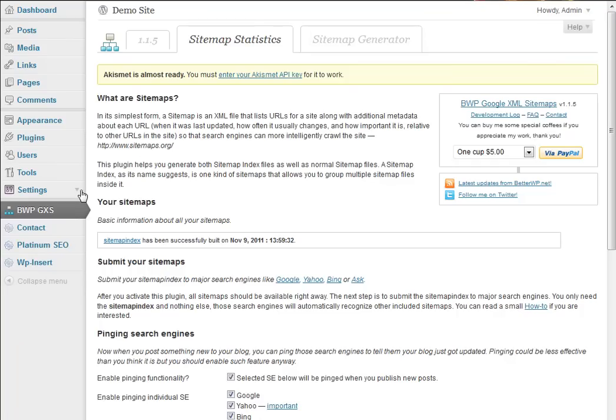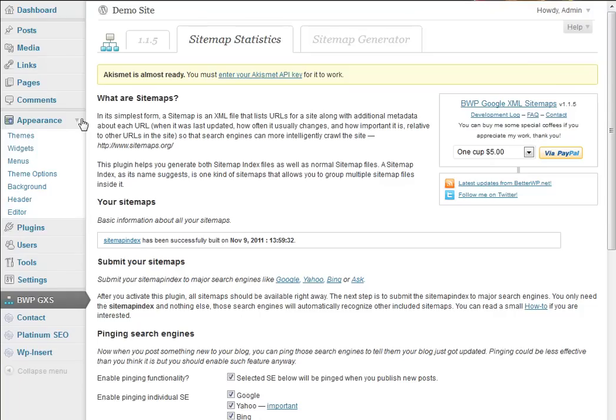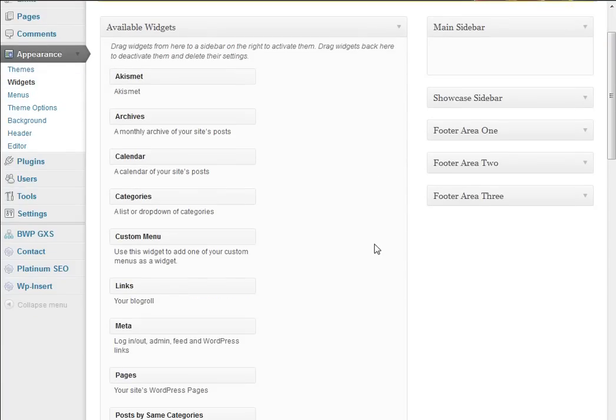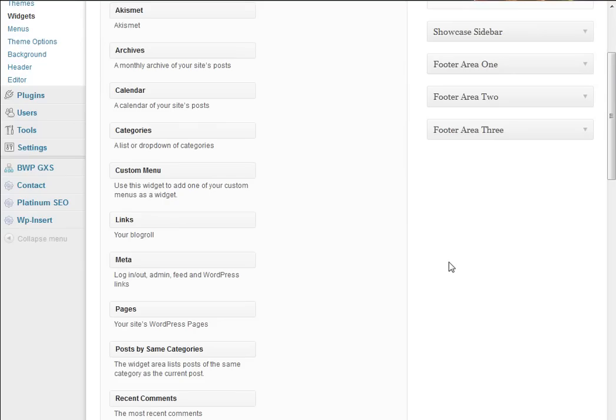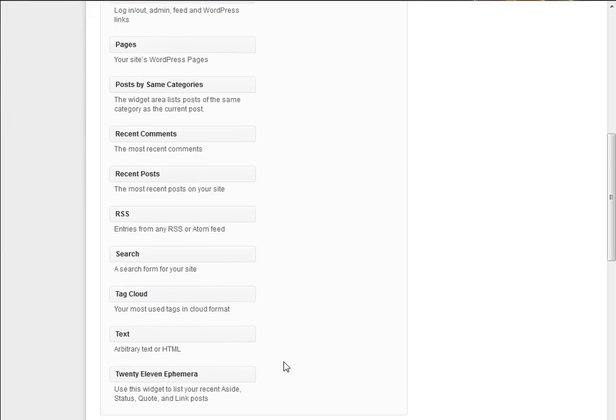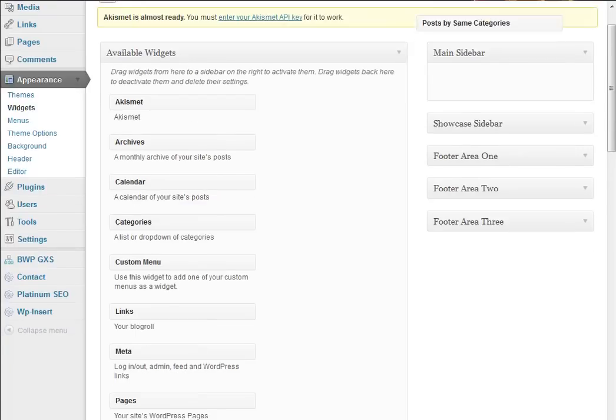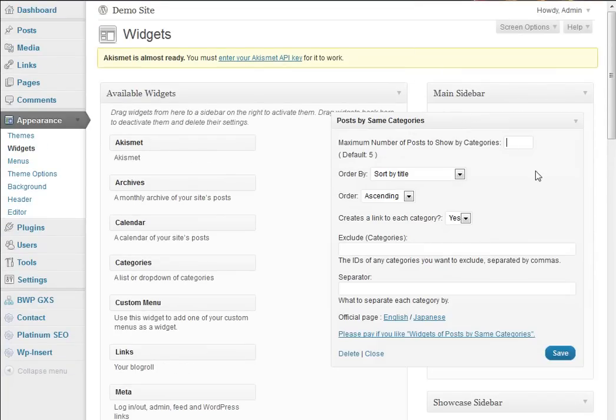Next is a widget. And you just install it through the regular plugins channel. And then you go to your widgets. And you can put it in your main sidebar or your page sidebar, depending on your theme. Post by same category is the name of the widget. And what you're going to want to do, we usually do about 10 posts per category. And that basically just gives you a sidebar next to your content